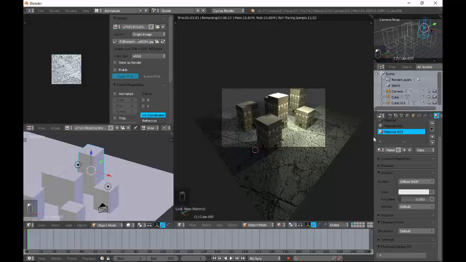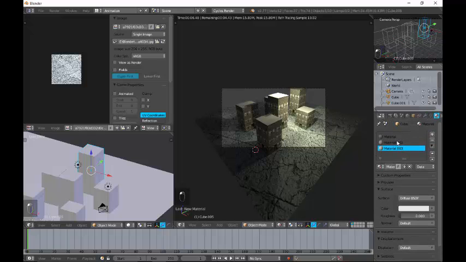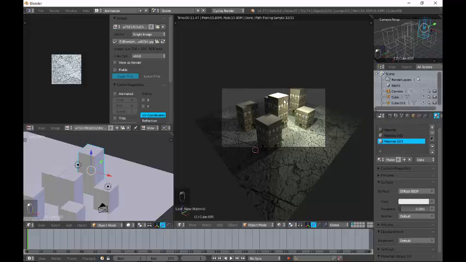Since all of these are duplicates, all of them are using this same material at the top here. So when you change this one, it means all of these buildings are going to be affected. And if you change this one, same as the top part is going to be affected. So if you want, after duplicating, to give it a different variation of the texture or color, you have to add in a new sample. So for me, you can just say texture for building 2. It's not mandatory to rename it, but